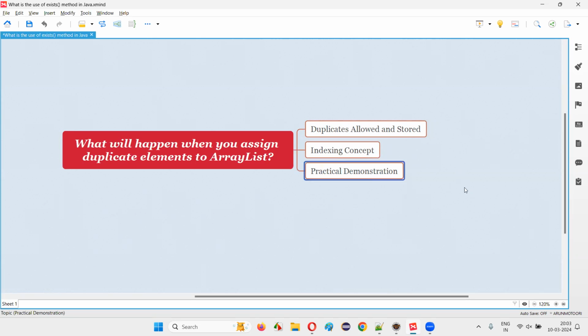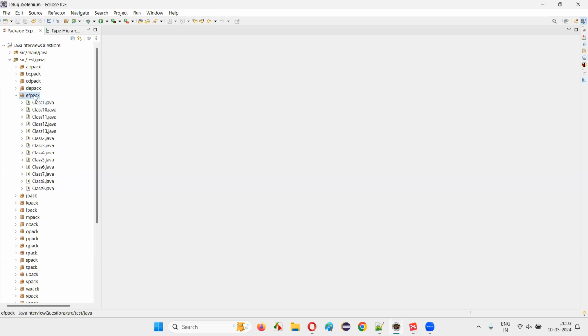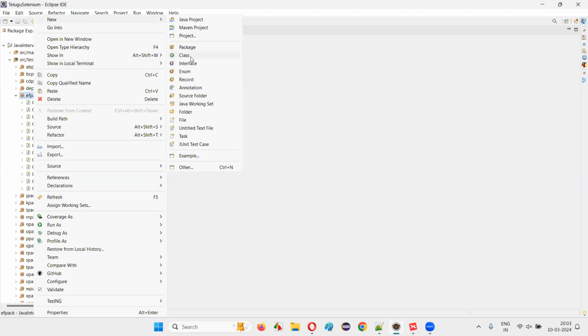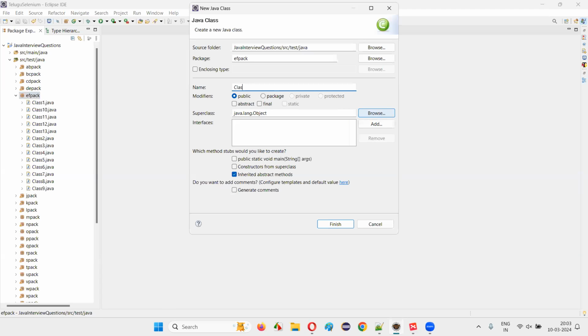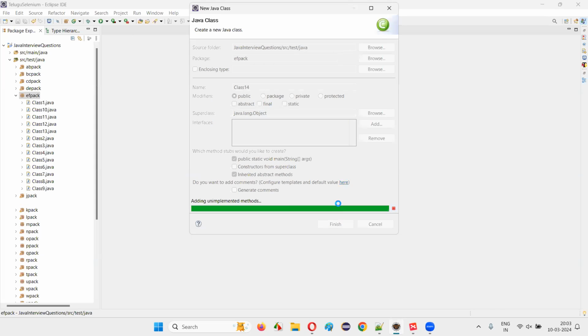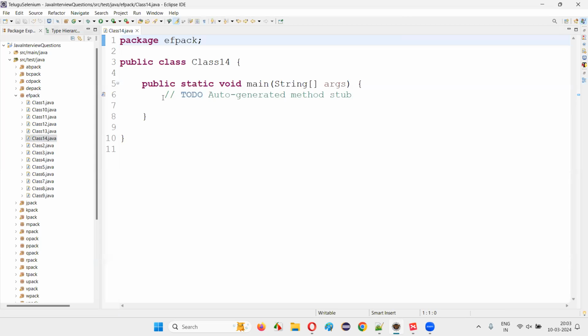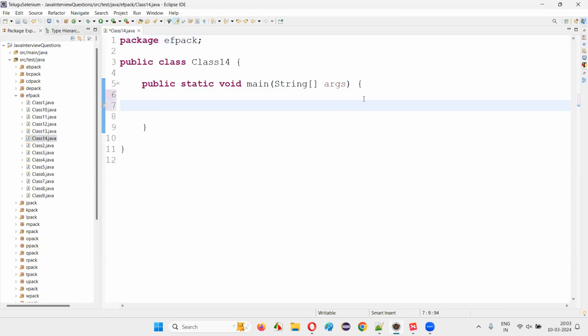So let me practically demonstrate this for you. For that, I'll switch to Eclipse IDE and create a new class here. I'll just name this class class 14, with a main method. Inside this method, I'm going to